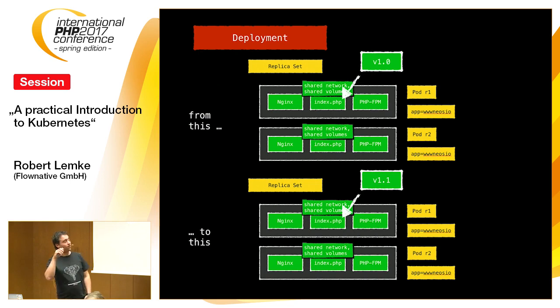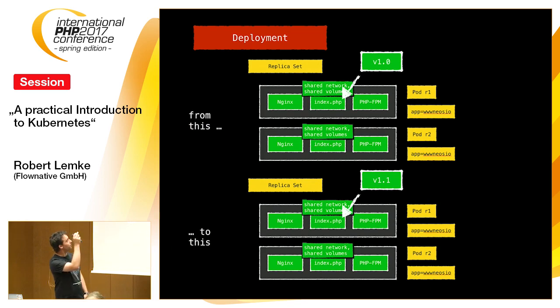If you want to deploy from one version to another version, there's a really nice mechanism for that, which allows you to do rolling updates. So imagine you have your application running with 2 pods in parallel, so you automatically have load balancing and failover and so on. Actually, you can even tell Kubernetes to put these pods on different machines, if possible. There are affinity mechanisms where you say, please, if possible, try to distribute them across availability zones, or don't put them on the same machine, or things like that. So that gives you stability.